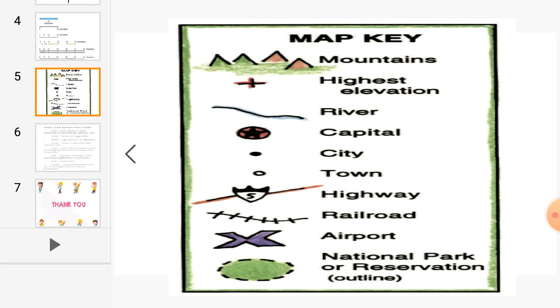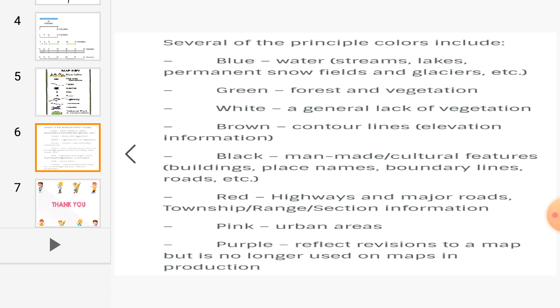Then coming to the colors, children. Different colors are also used in maps. Many colors used on maps have a relationship to the objects or features on the ground. For example, the water bodies such as oceans, seas, rivers, etc. are shown in blue color. The plains or the lowlands are shown in light green or yellow color. The forests are shown in dark green. The brown color shows the mountains, hills and deserts. The yellow color shows the plains. The light green color also shows the plains, right? The red color shows the plateaus.